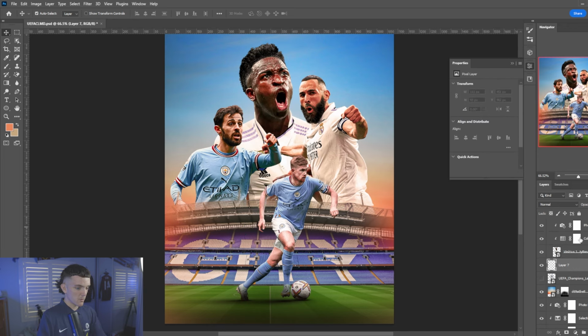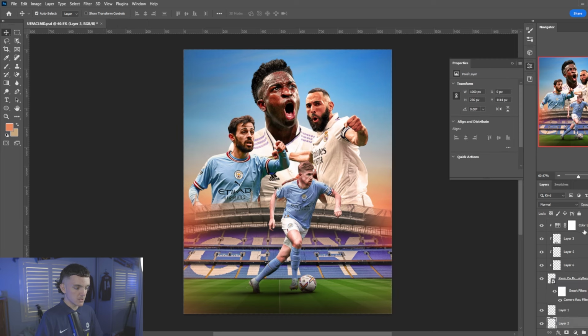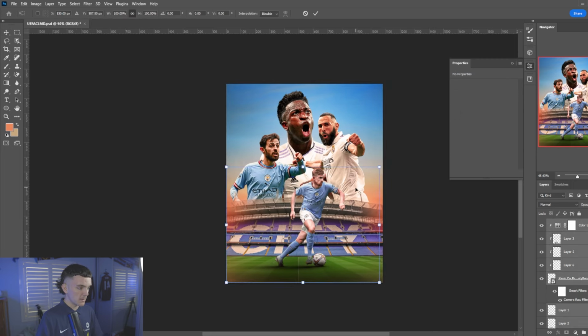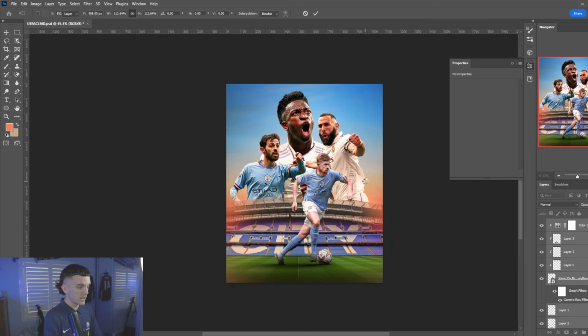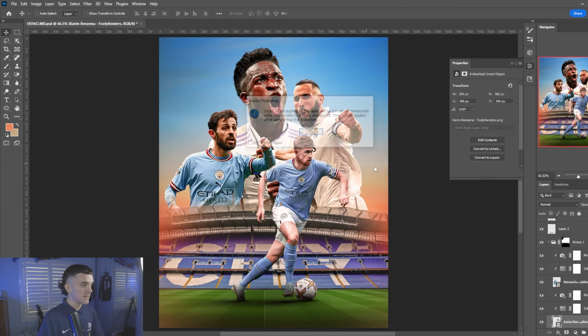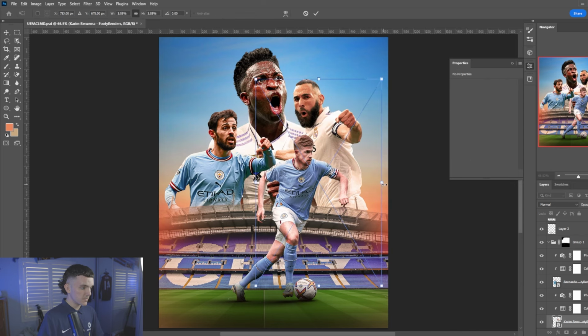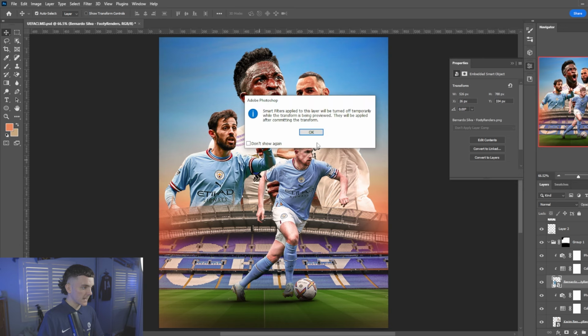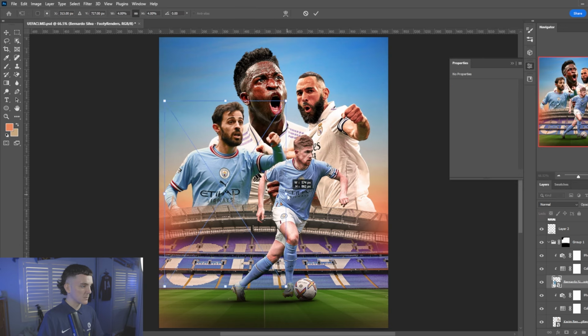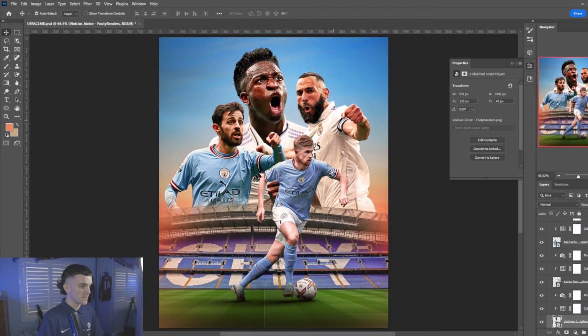And we'll do the same for Vinicius. What I'm actually going to do is make De Bruyne just that little bit bigger. So we'll increase his size like this, as we just want him contrasting to the sizes of the other images. And we'll also play around with the sizes of Benzema and Vinicius as well. Just make everyone a little bit bigger than they already are, so they take up a bit more of the graphic, and it gives a little bit more meaning with how big our sizes are compared to the rest of the background